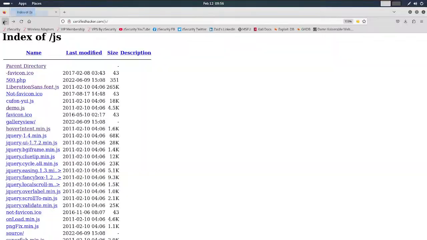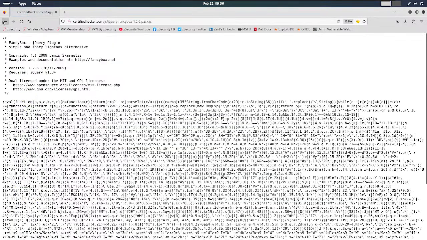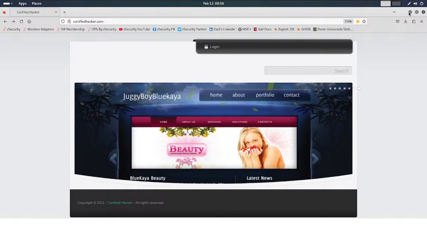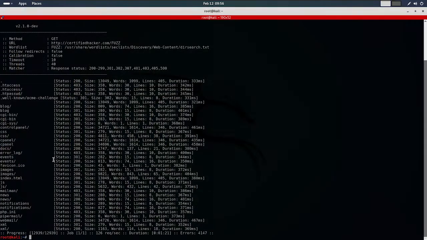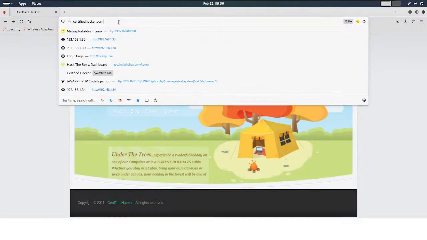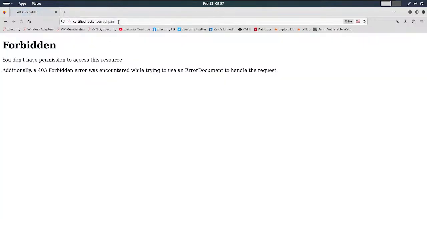It's also revealing JavaScript source code. You see here, jQuery. It's all about the JavaScript backend source code. So let me analyze the other directories. Dash webmail. I want to open the php.ini. I think it's most critical in this scenario. php.ini,